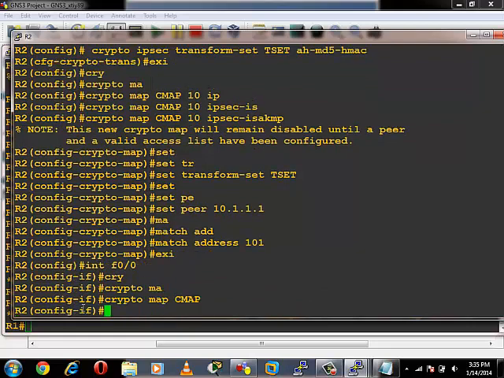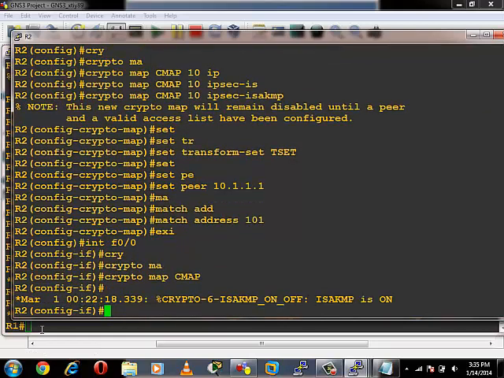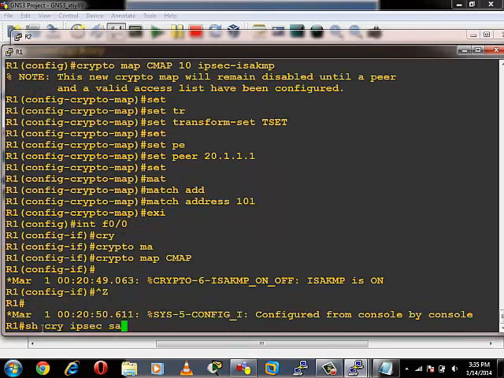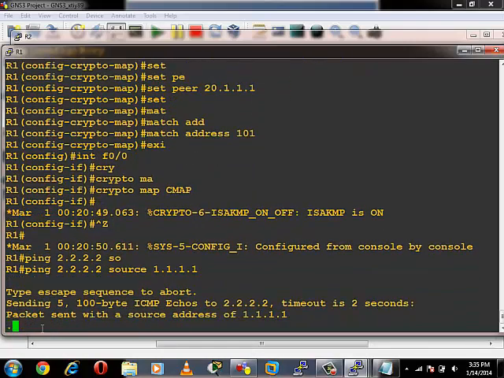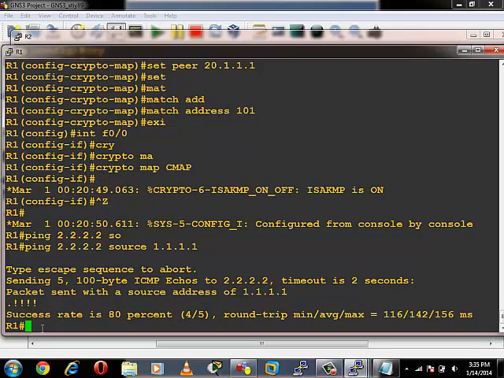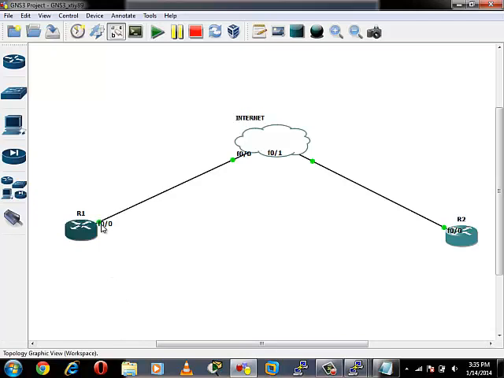Okay, that's it. Now ping 2.2.2.2 with source 1.1.1.1. Packets are going. Okay, now if we capture the packet,